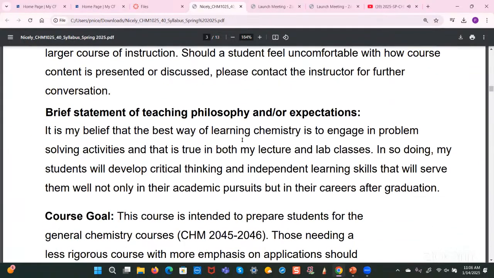But as far as my teaching philosophy is concerned, I'm of the belief that the best way to learn chemistry, as it is to learning any quantitative based discipline, is that you engage in it by solving problems, right? In so doing, as stated here, you will develop critical thinking and independent learning skills, right? So what you'll find, and I think I mentioned it later on in the syllabus, is that most of my assignment questions or test questions involve problem solving, right? So there's very little, if any, rote memorization required, right? I'm not a big fan of that,